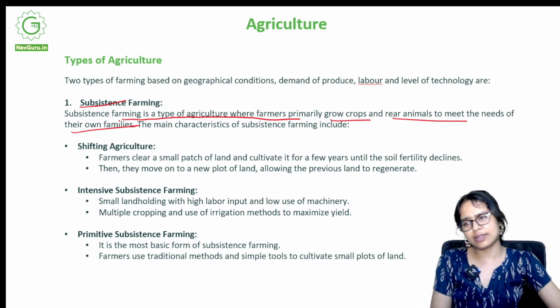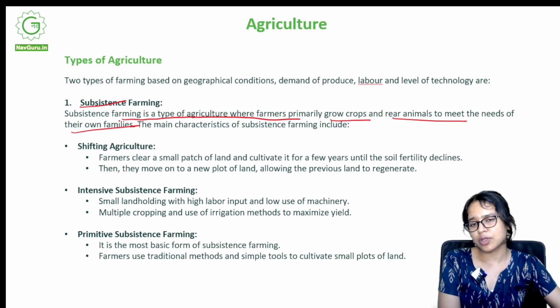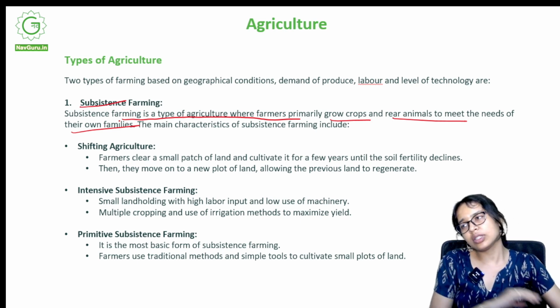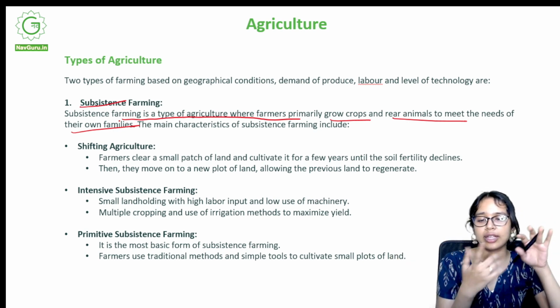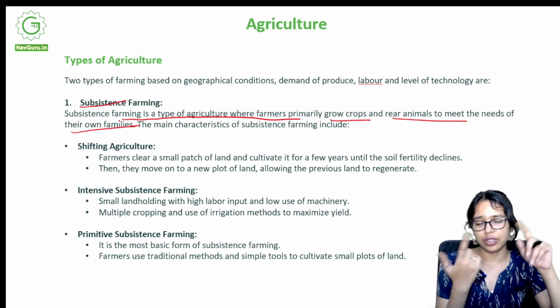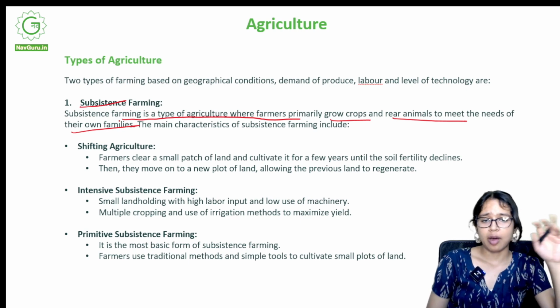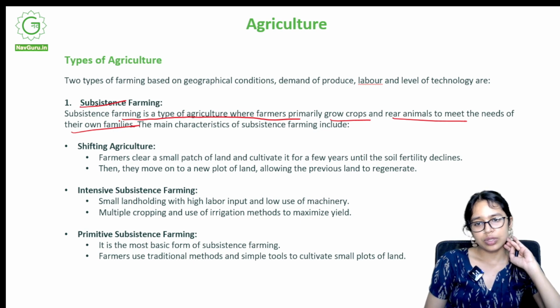Someone, let's not even say a farmer, let's say a rural person has a very small field back at his place. Now he is growing crops over there. He grows wheat, later he grows rice, later sometimes he grows certain fruits. And on a part of that land, he also rears animals. He keeps animals like 2-3 cows, 2-3 goats, and chickens on his farm as a whole. So what is he doing? Is he using this for